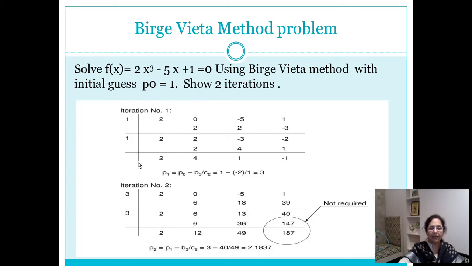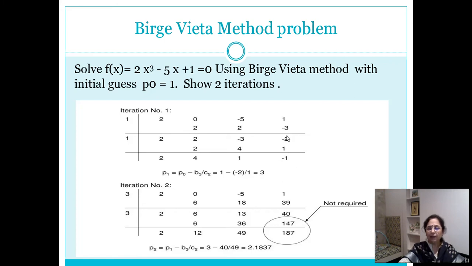Now repeat this calculation for C coefficient calculation. C0 is written as it is. 2 into 1 written here, 2 plus 2, 4. Not to subtract, but you have to add it. 4 into 1 written here, 4 minus 3 is 1. Now remember, in this calculation we have shown Cn calculation, but this is not required. So 1 into 1 added here, this is minus 1. So this is Bn and this is Cn, but we do not require Cn for further calculation.